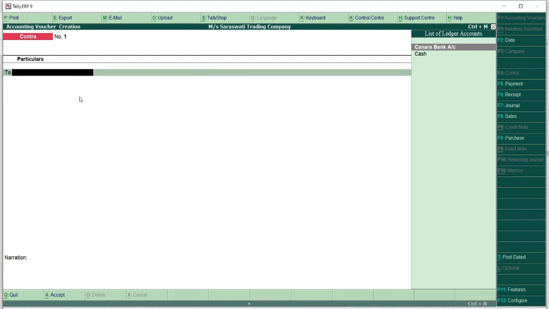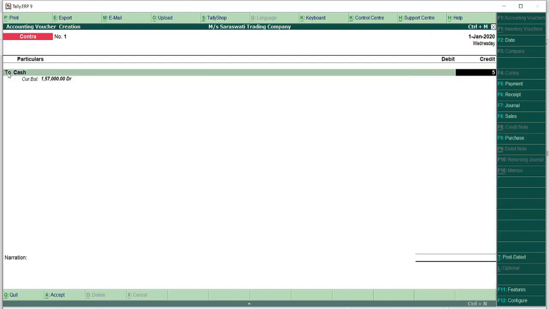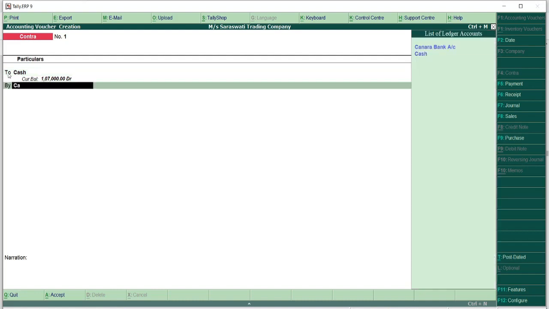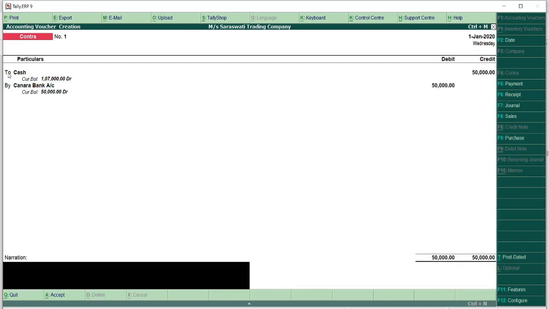So "To" is here first. I will select cash, 50,000, and then by Canara Bank, 50,000. You can give the narration: being cash deposited into bank.